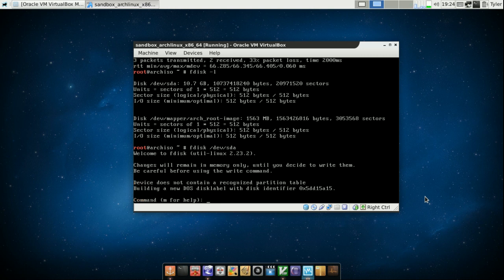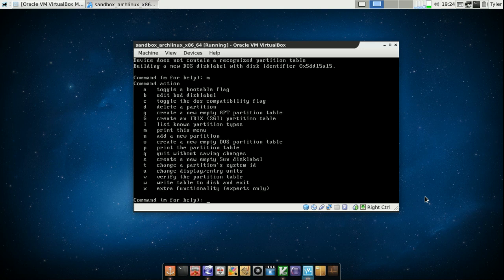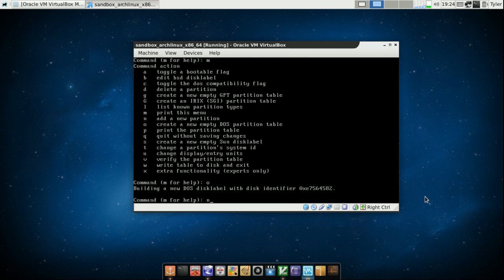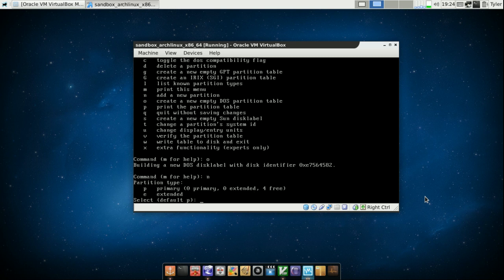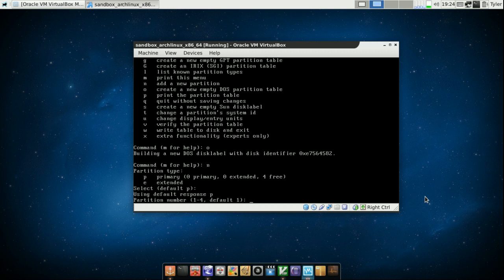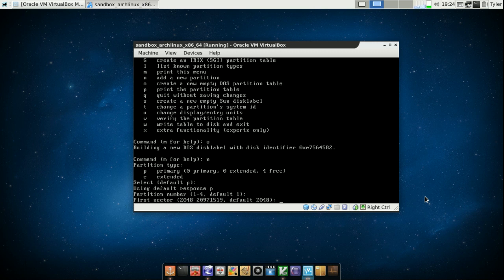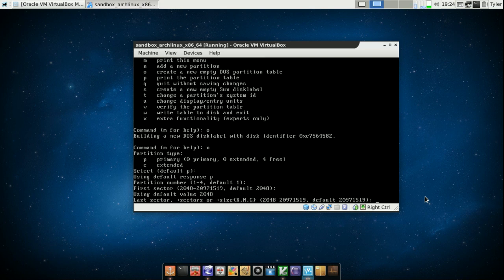So fdisk /dev/sda, press enter and press M for help. This will list all the available commands you will be using to create partitions, and press O to create a new empty DOS partition table. Press enter. Press N to create a new partition. Press enter, and this will be a primary partition. So press enter to use the default value. Partition number, use the default. Enter. First sector, default. Last sector,